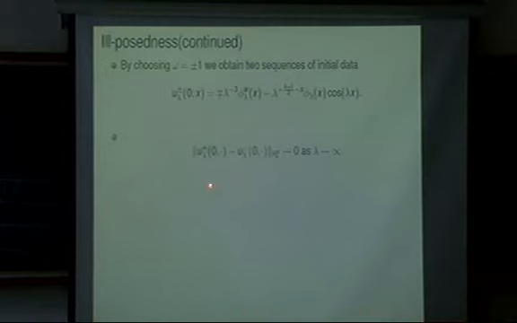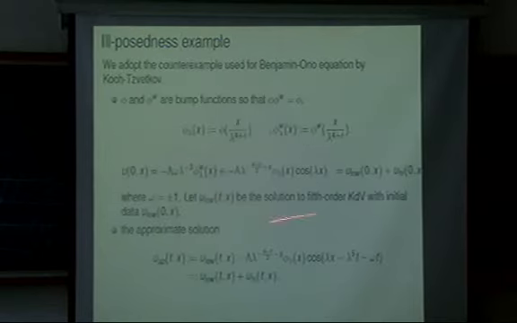So the goal is to show that at time 0, the two sequences are getting closer in the H^s norm. It is fine because the difference is only low frequency, and in the H^s norm, this is small by its definition. But if time is positive, at least the approximate solutions, their high frequency pieces are different. So the difference of the two approximate solutions is the difference of this with a +1 or -1.